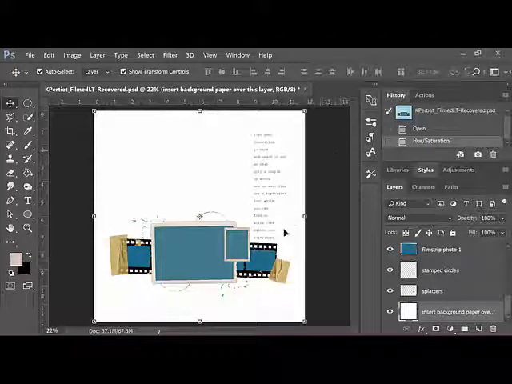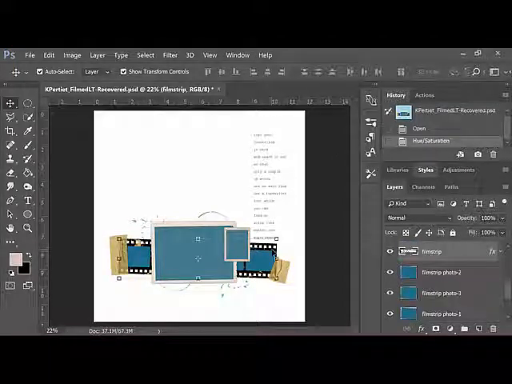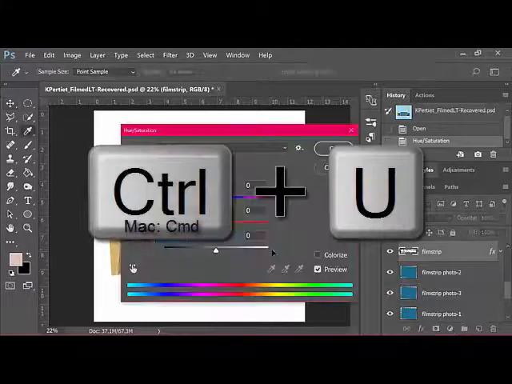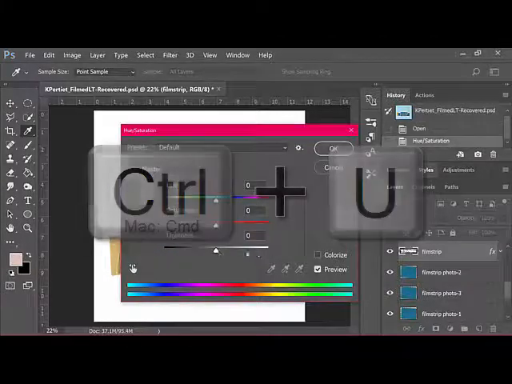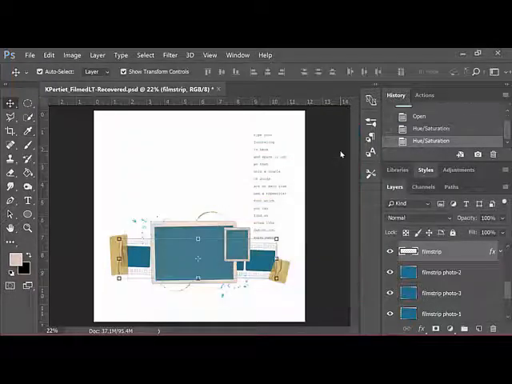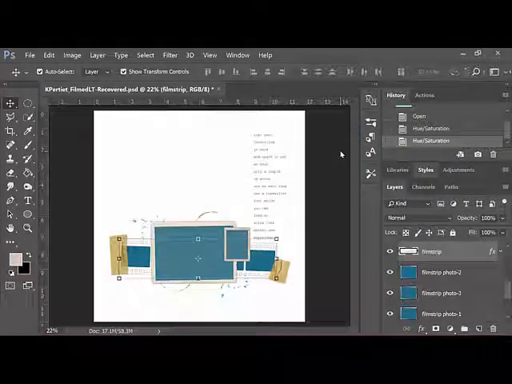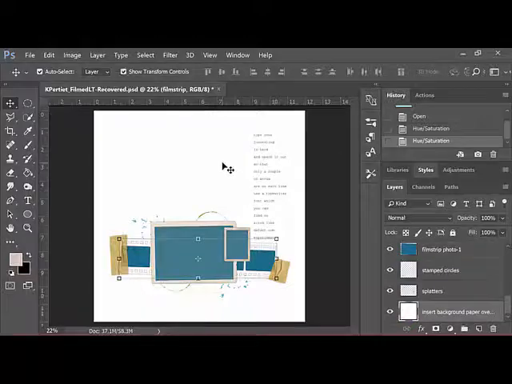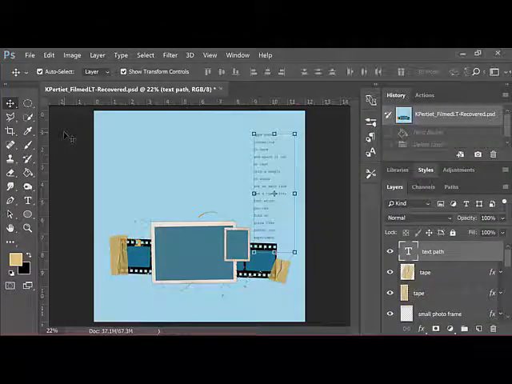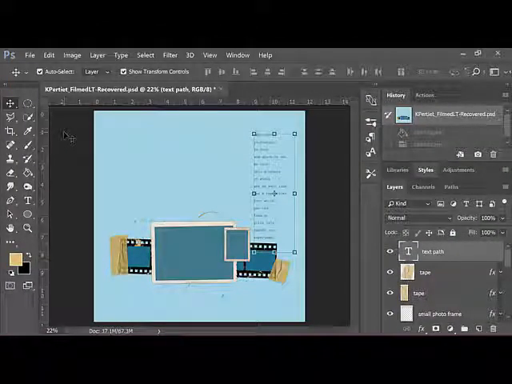Select the film strip layer. I'm using the Move tool to select the layer, and again press Ctrl-U or Command-U on the keyboard. Again, you'll move the lightness slider all the way to the right and click OK. Because the frame has a drop shadow applied, you'll get the outlined effect using this method. If you don't want to use a white background, you can match the frame color to the background color using